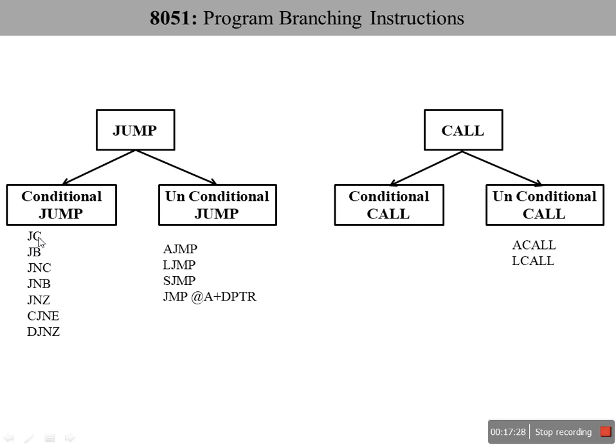Here, this instruction will check the content of a carry flag. If the carry flag is set, then control goes to the specified location. Whereas in an unconditional jump, we say absolute jump, a jump without taking any condition. Whenever the microcontroller encounters this particular instruction, it goes to the specified location. Since it is not taking any condition into consideration to move from one location to another, we call such instructions unconditional instructions or unconditional jump instructions.